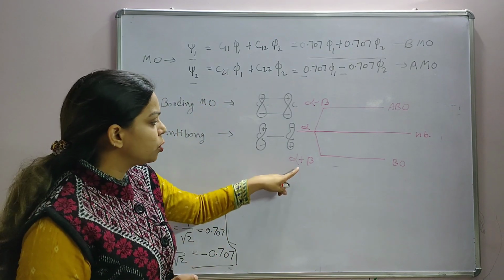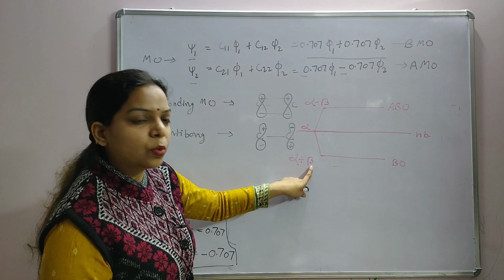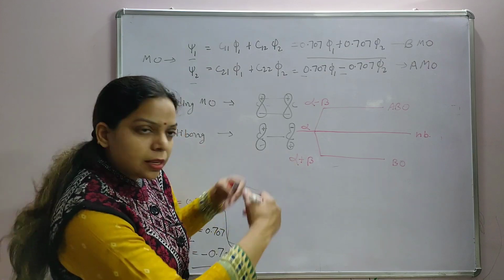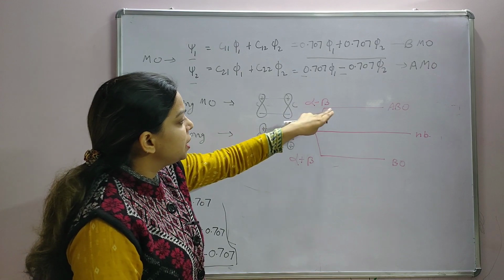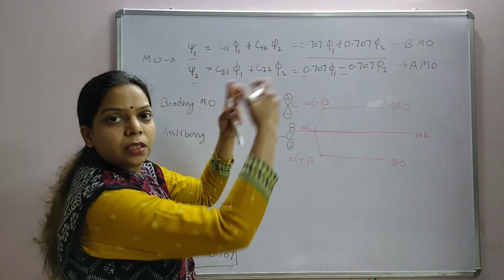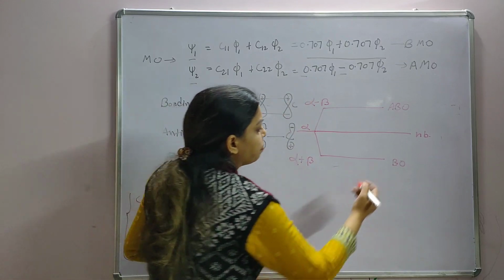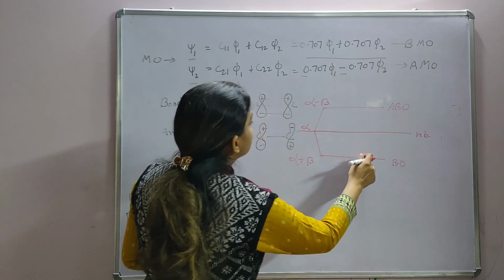Why is the quantity positive over here? Because beta is equal to minus 1. So alpha minus something means lesser in energy than alpha, and alpha minus beta means beta is minus 1 over here. So alpha plus something is above in energy. Okay, so the wave functions will be psi 1 for this energy level.